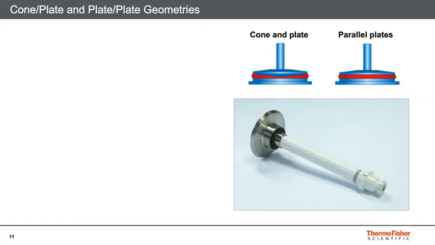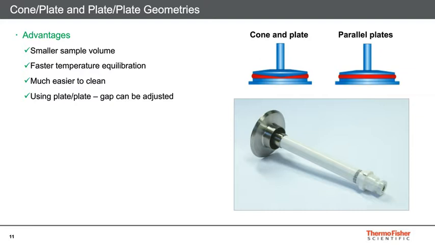Okay? The cone and plate or parallel plate setups, they use much smaller volumes, somewhere between 1 to 2 milliliters, a lot of times less. So if you have a very limited sample supply, most likely you're going to have to use parallel plate or cone and plate. Because you're using less volume, you can reach equilibrium within your sample thermally much quicker. We're talking about 1 to 5 minute type time ranges to actually get your entire sample up to that test